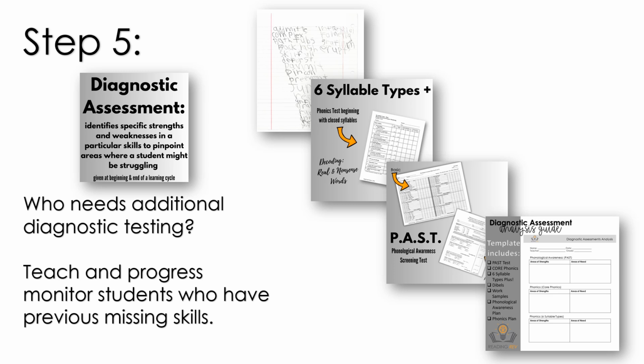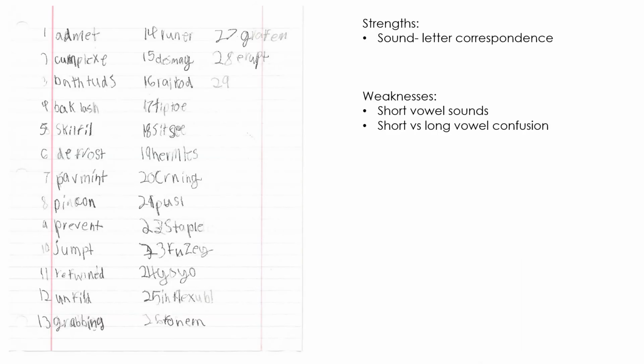I'm also going to check in on their phonological awareness and make sure that their phonemic and phonological awareness foundational skill is there. And I'm going to make a plan for how I'm going to teach and progress monitor the skills for the students that have previously missing skills. So I'm not just abandoning them, but I'm not going to hold the rest of the class back to teach that small minority. So I wanted to show you just a couple of student examples of this word inventory because